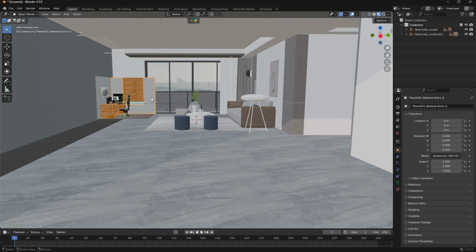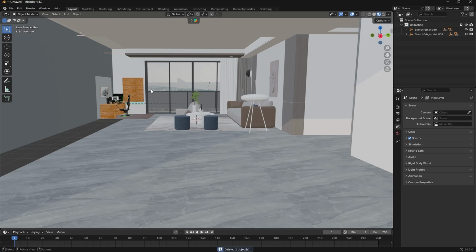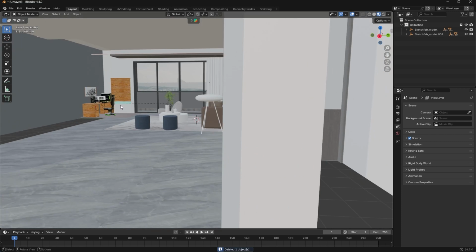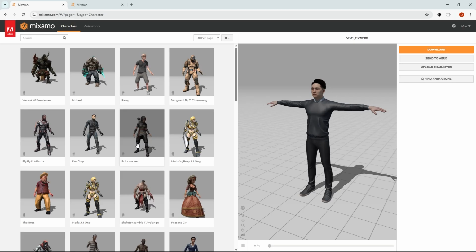Then next I'm going to delete some of these walls here. So just click on it so that it will select the individual wall. Then just press delete. And I'm going to do the same thing for the others. So we have just this painting here and the rest of them. So this is okay. So the next two assets I'm going to be bringing in is this generic male figure